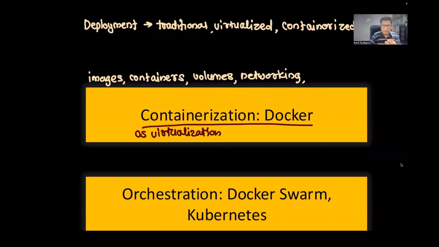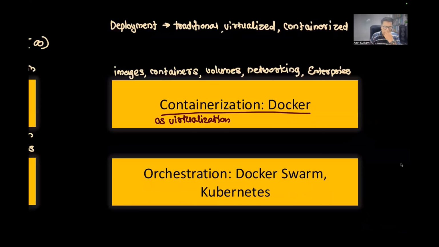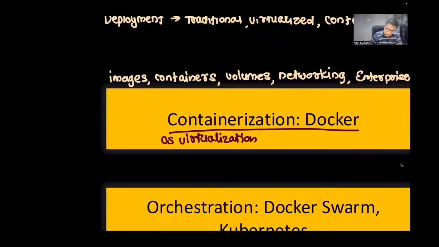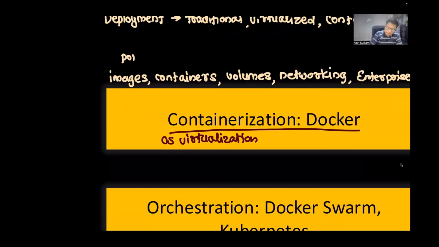If we are interested, we will go for enterprise Docker as well. This is where we will see the GUI version of Docker, which is available for the enterprise edition. We'll talk about that when we go for Docker. There are two versions of Docker: one is open source, called the community edition, and another is called enterprise, which is a paid version. We'll go for an evaluation version of it, but at least we can see how Docker is used in these scenarios. Forgot to mention one more important thing: port forwarding.